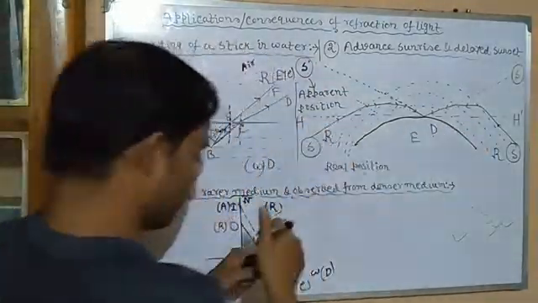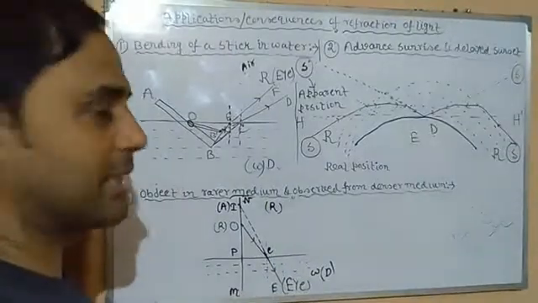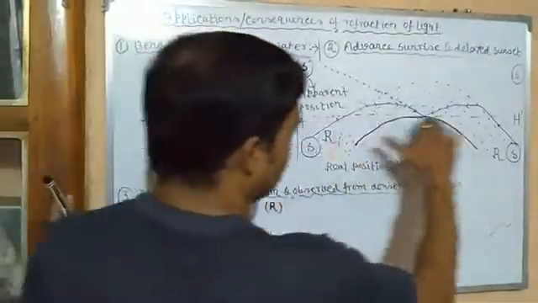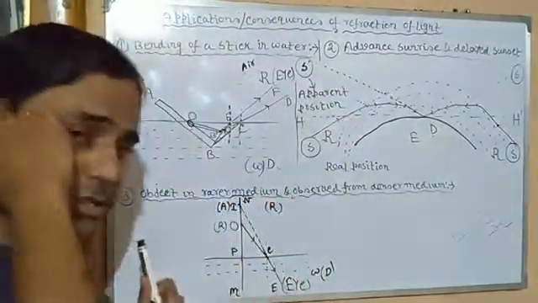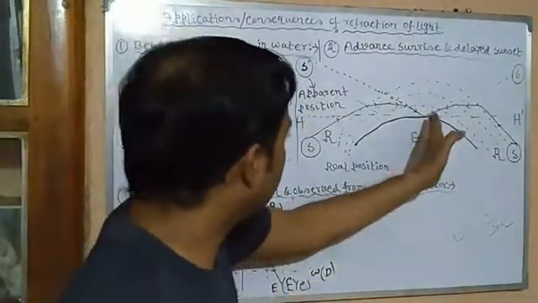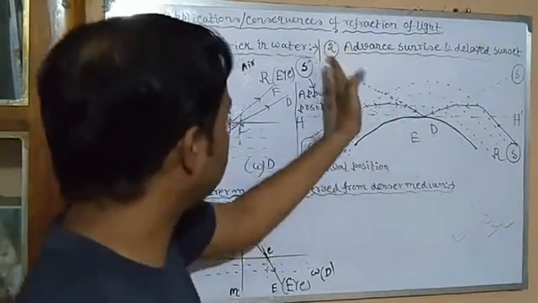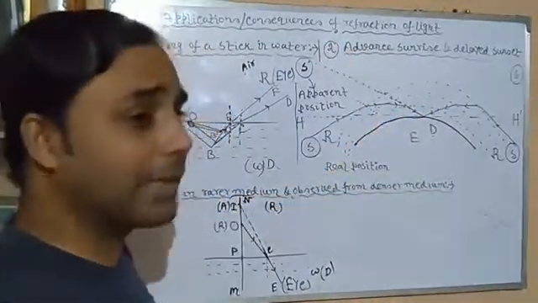This is the horizon. The horizon is the line where the earth's surface and the sky meet each other. So this is the horizon line. Before the rising of the sun, the sun is obviously below the horizon. So I will think the ray is coming from this, and I will determine